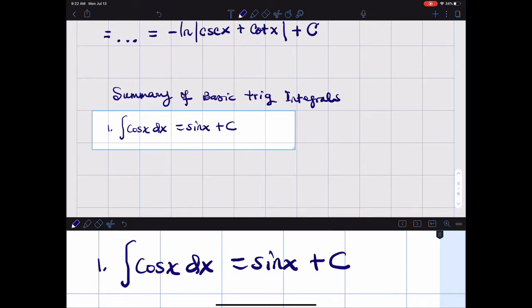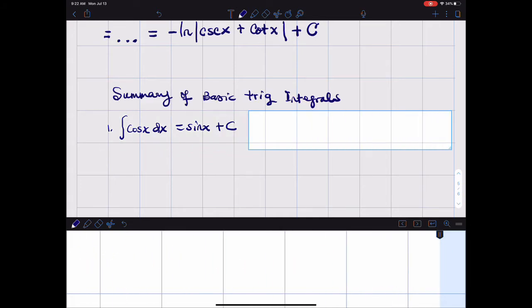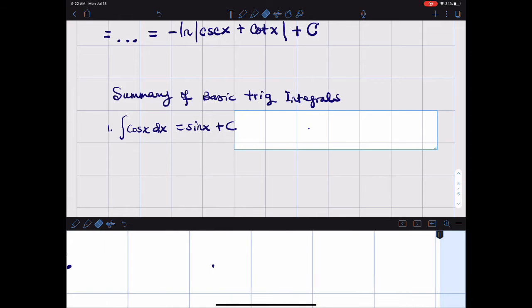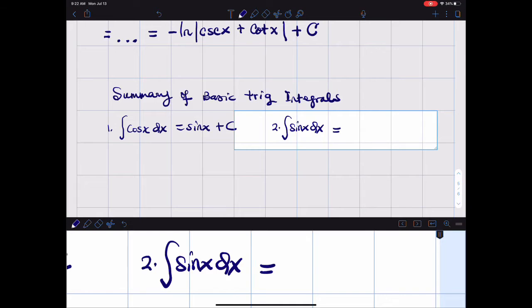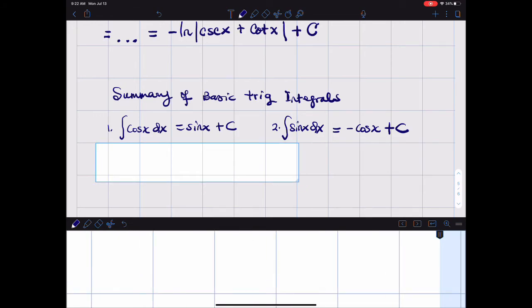And then, make it 2 here, the integral of sine x dx is equal to negative cosine of x plus c. All right, so we know that from way back when, but the new things that we're learning today is that